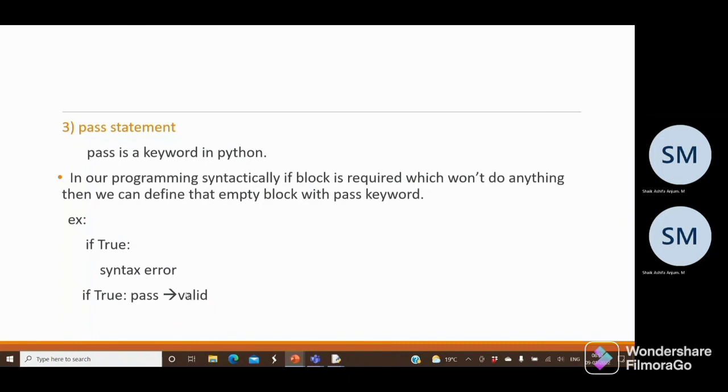If we just type the keyword pass, then the program will be executed. Otherwise, it will show a syntax error. For example, if true and we leave it as it is, then we will get a syntax error. If we give the statement as if true: pass, then it is valid and there is no problem in the execution of the program. Now I will show you